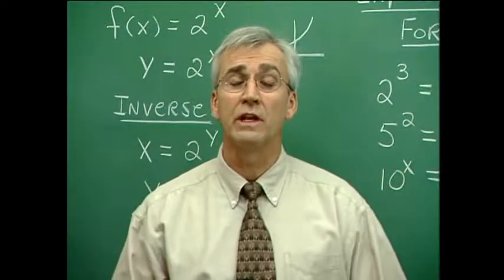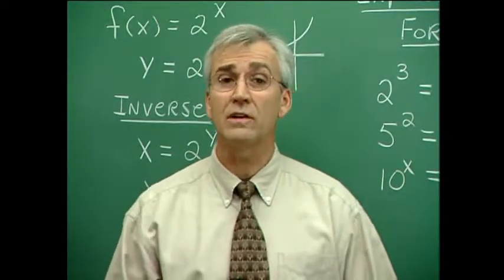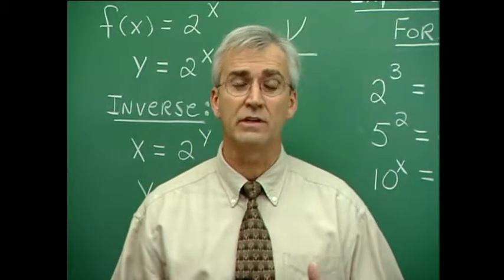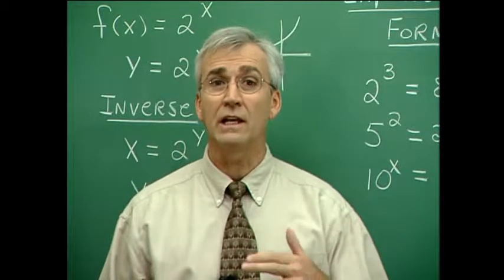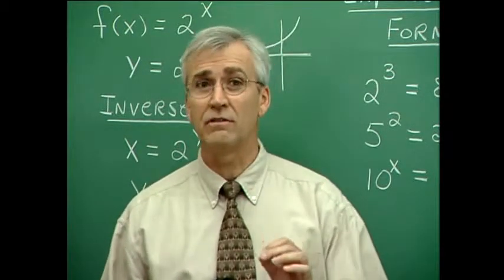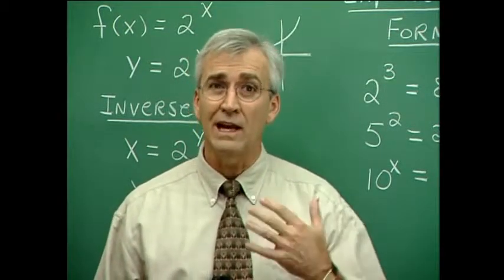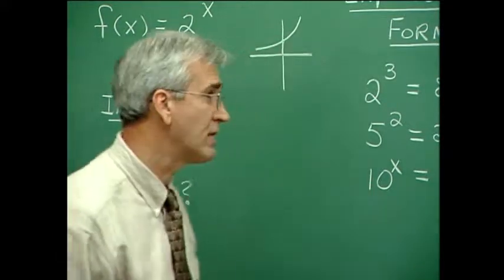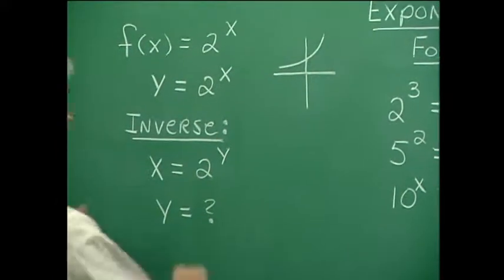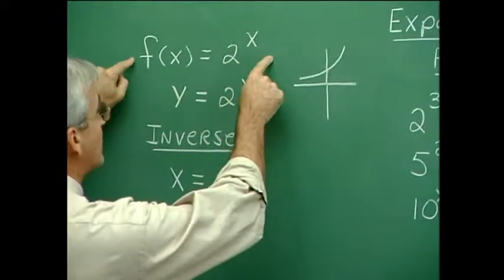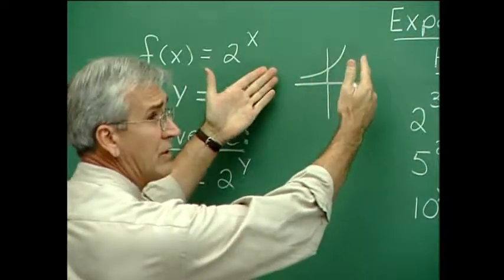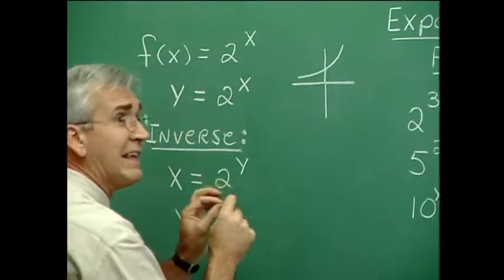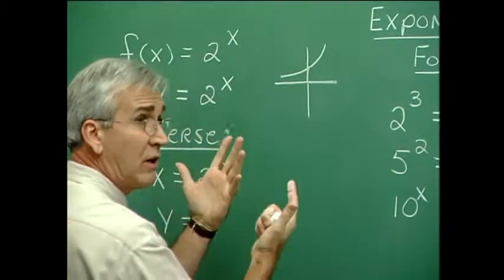In a previous discussion involving inverse functions, we discovered that if a function has a graph which is continually increasing or decreasing, then that function has an inverse which is itself a function. In the last section, we discovered that exponential functions have graphs that are continually increasing or decreasing. For example, the graph associated with f of x equals 2 to the x power is about like this, a continually increasing graph. And therefore we know that the inverse of this function is itself a function,